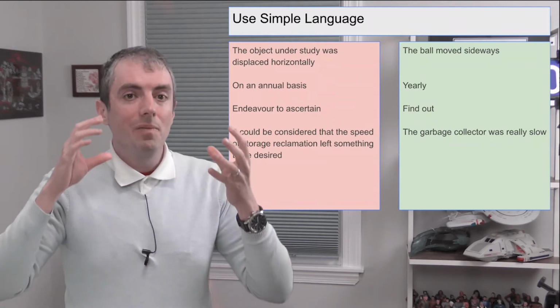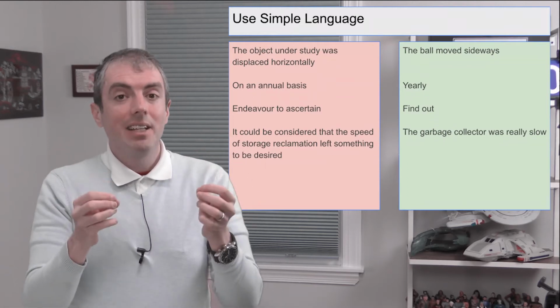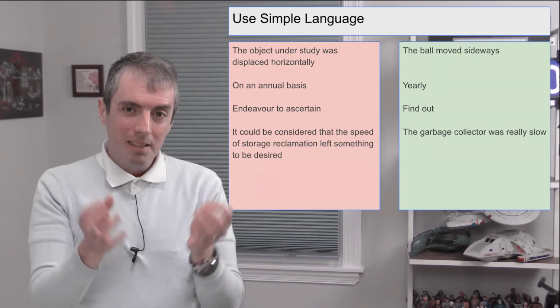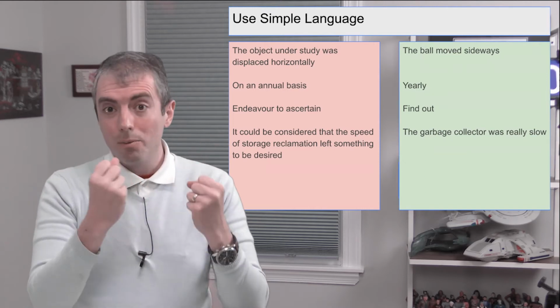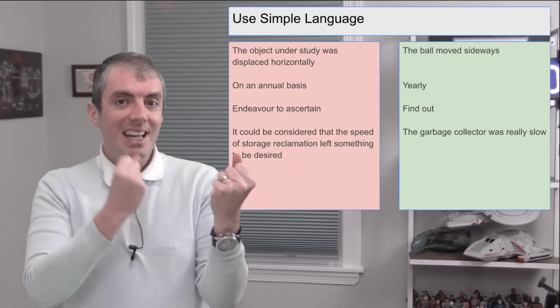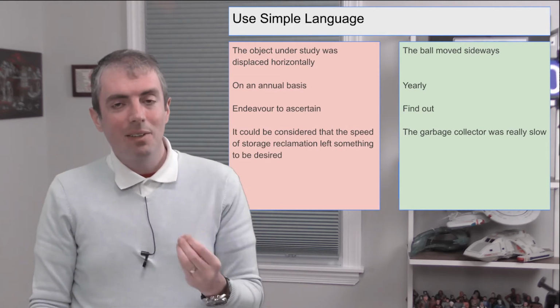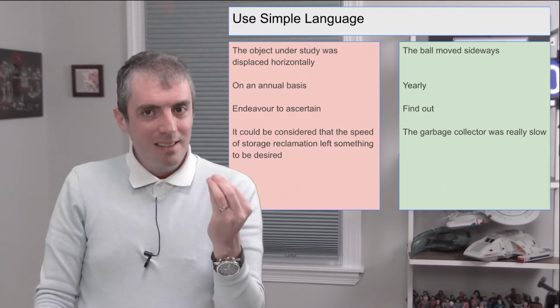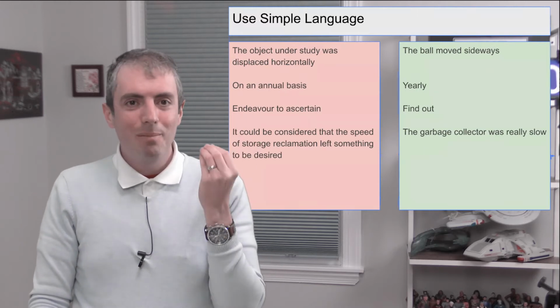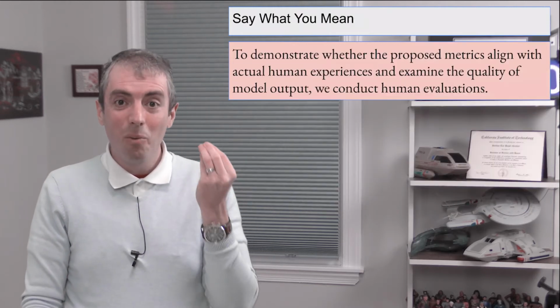And once you figure out how to make everything as simple as possible and as specific as possible, you often get to this right balance between complexity and specificity. And that is where really excellent scientific writing lies. You do need to be specific, but don't be overly complicated when you don't need to be.